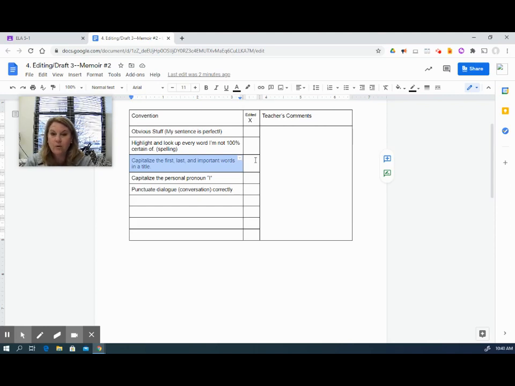So do this, okay? After you're done checking your title and making sure that all of the words that need to be capitalized are, you're going to put an X here, and only after that. The fourth thing that you are going to check your document for is the personal pronoun